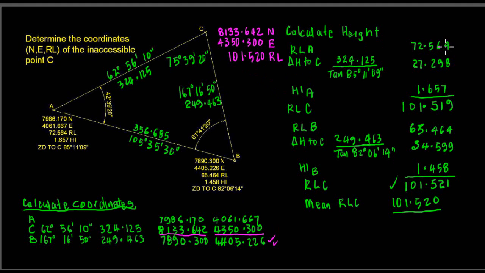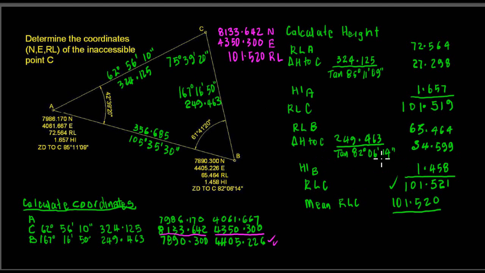So the RL of A, 72.564, delta H to C would be 324.125 over tan 85, 11, 09. That's the zenith angle, and that straight away gives us our difference in height, and there's our height of instrument at A, which we would add on, and that gives us 101.519. RL of B, delta H to C is 249.463, the distance there, over the tan of 82, 06, 14, our zenith distance,